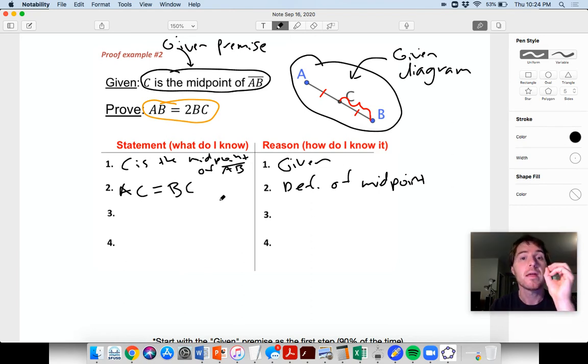Okay, so now I can think, how can I mess with AC and BC to get me closer to my proof statement? Because this is my if: if C is the midpoint of segment AB, then I want to get to this: then AB must be equal to 2BC. So how can we prove it's going to follow from this? Well, you have AC equals BC right here. That's a fairly simple equation. Is there any way we can modify this to help us here? Well, we could multiply both sides by 2, but that would get 2BC. That's nice, but